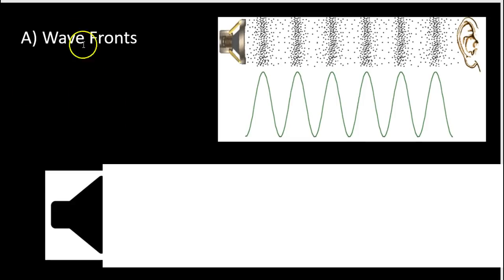Now, before we actually get into the Doppler effect, we're going to go over a term called wavefronts. I'm not going to write down any definitions. It's really just a diagram you need to be aware of, because when we look at Doppler effects, they use this type of diagram. Here at the top, I have what's really going on with sound waves. Remember, it's longitudinal waves. It's particles that are moving back and forth, back and forth. There's this chain reaction. They eventually reach your ears to go back and forth. And I said before, instead of using these longitudinal waves, we're going to use transverse waves because they're easier to both draw and visualize,